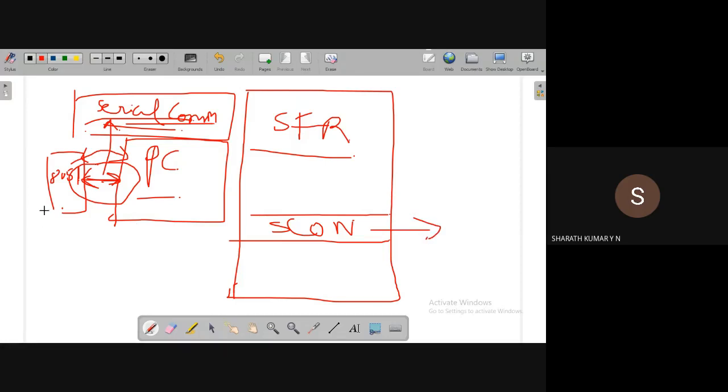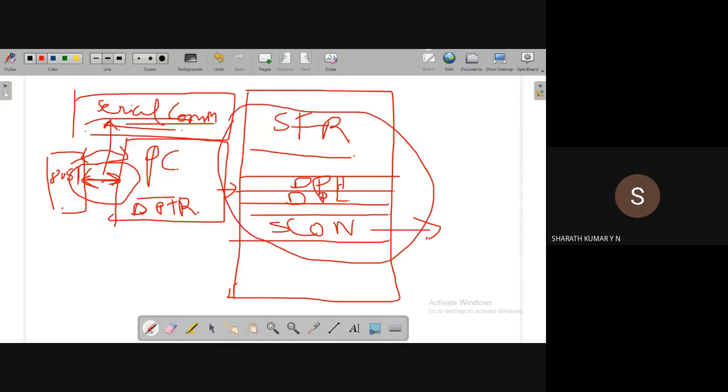One simple example. I'll take one more example. Just now we discussed DPTR, data pointer register. This DPTR is also available in SFR in two locations. They are called DPH and DPL. That's right. There are 21 special function registers.